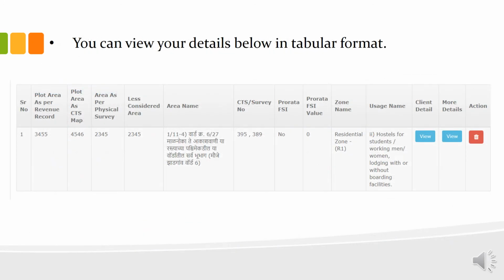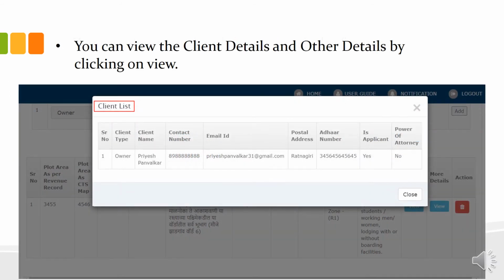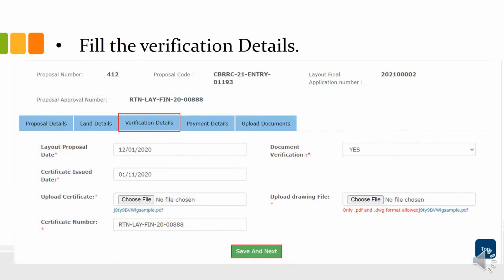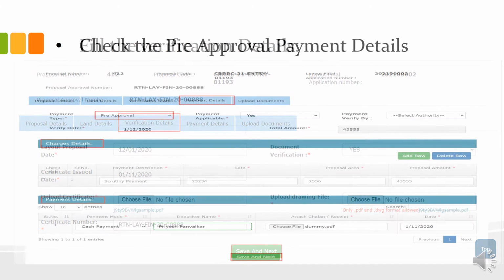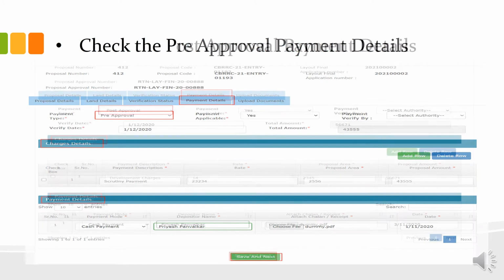You can view your details below in tabular format. You can view the client details and other details by clicking on View. Fill the verification details and then click on Save and Next. Check the pre-approval payment details and then click on Save and Next. Now you have to do the post-approval payment detail.